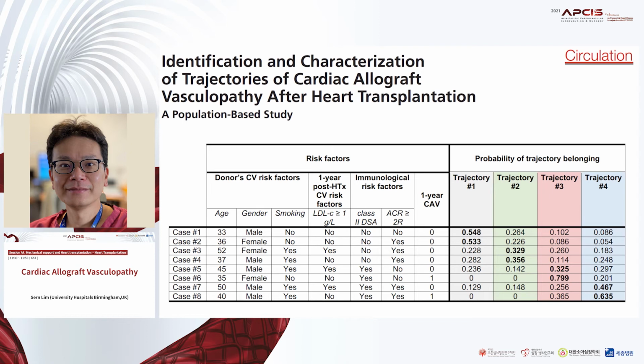But in contrast, if you look at case 6 or case 8, for example, the likelihood here is that the patient is going to have a very high probability of poor 10-year survival because of rejection and/or donor-specific antibodies, particularly also the presence of vasculopathy at a 1-year follow-up. So using this tool, we may well be able to tailor the surveillance strategy for vasculopathy, and perhaps even tailor our management of these patients, which I will cover next.